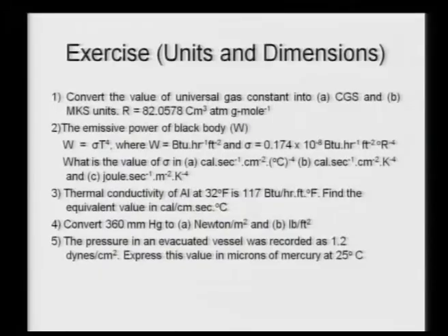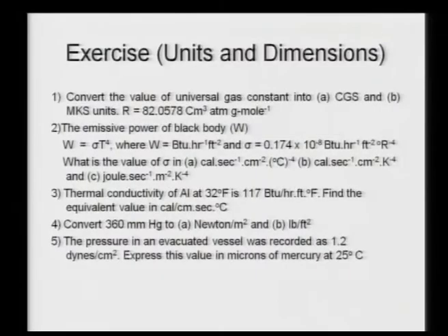What I would like is that, given the dimension of R as centimeter cube atmosphere gram mole to the power minus 1, you should be able to derive by suitable multiplying factors on your own the unit of R in CGS and MKS systems. That is the intention of this particular problem. I know that several books give the value of R in different dimensions, but that will not serve the objective of this problem. You have to derive the units from fundamental units, that is mass, length, time and temperature. That is the intention.